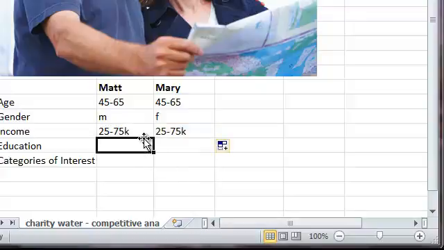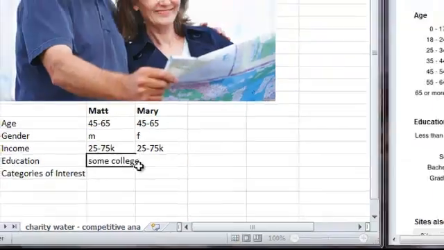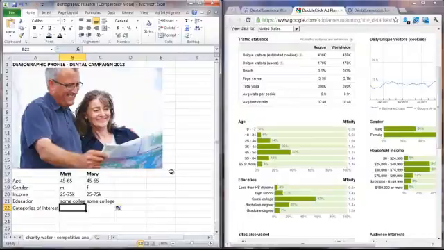And education, some college. Thinking of them as real people will help you think in terms of actual customers and not just looking at these charts and graphs and not really thinking like a marketer, thinking more like a mathematician, and that doesn't really always help. You want to be exact with your numbers, but you also want to be open to ideas and get creative, because if you're not thinking about these as actual people, you probably might have a little bit of